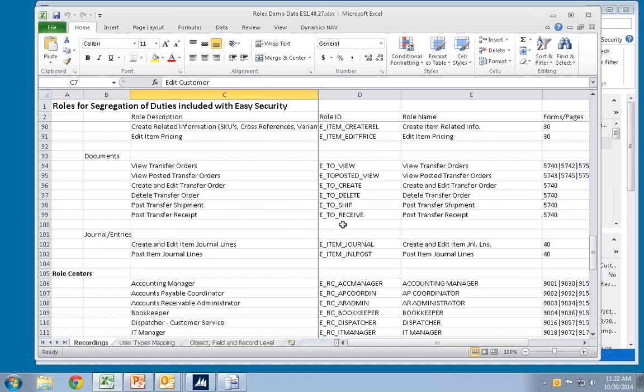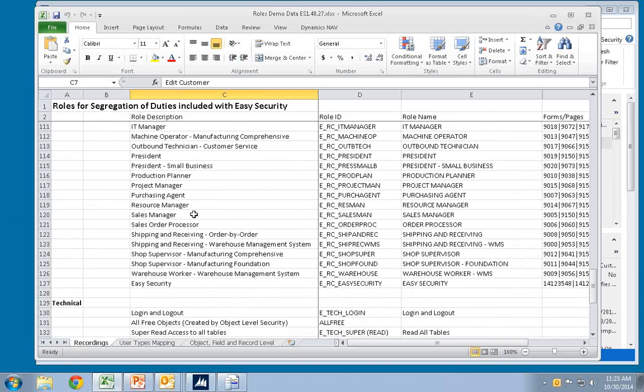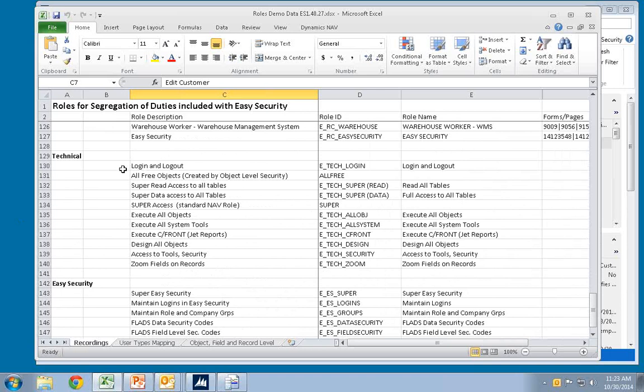So when I saw all these extra permissions being added, if you had Lannon's eShift, for example, and EDI, you would have a lot of new table relations. But those permissions would actually be added to the roles that we deliver, since we deliver them as recordings in here. We also have recorded roles for the role centers and things like that one that allow people to see data, but not necessarily change it in here. And then we have some technical one where we minimize the setup in general in here.